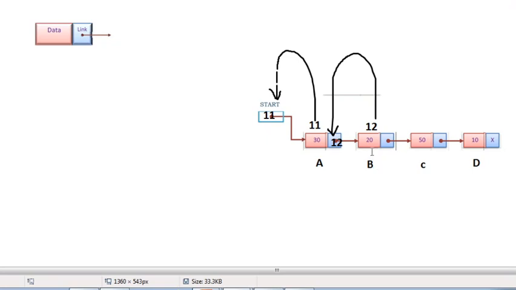Now you understand the meaning of a pointer. A pointer is a variable which holds the memory address of another variable.